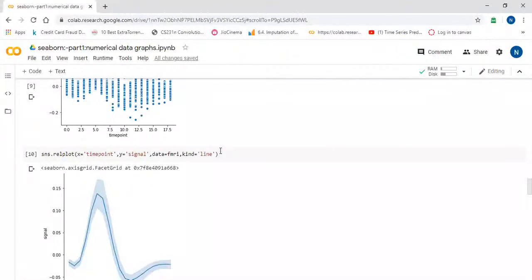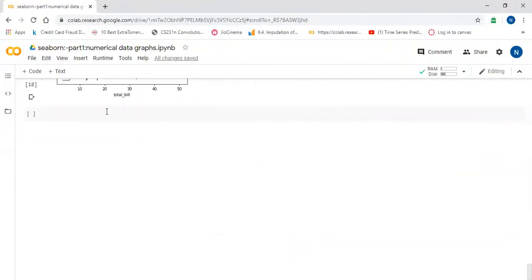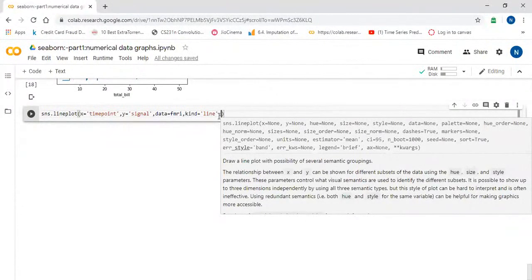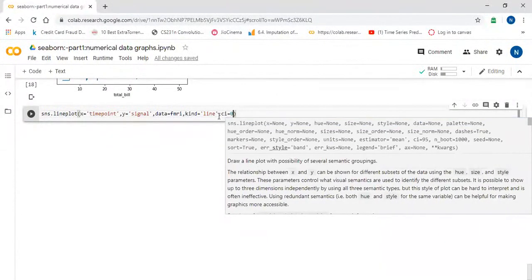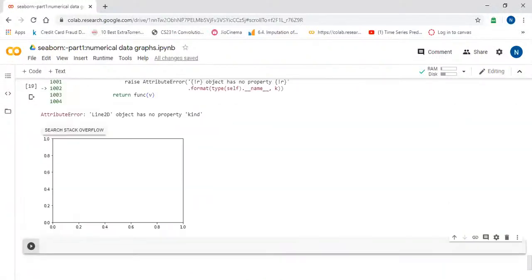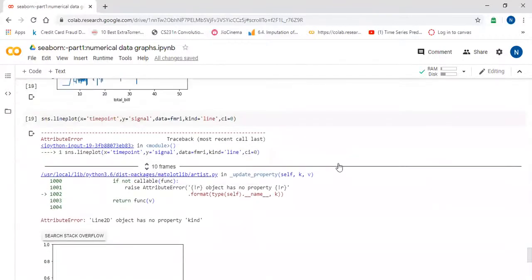CI parameter, confidence interval. Now I will show you the line plot with ci equal to 0, directly using the line plot.